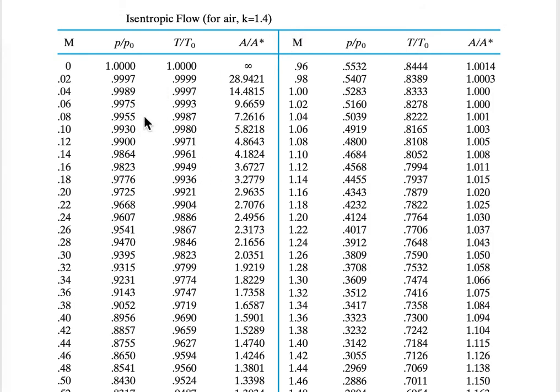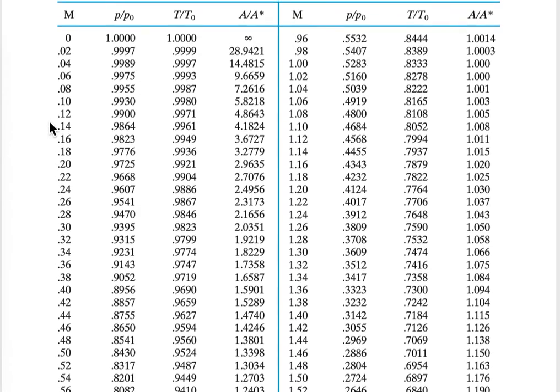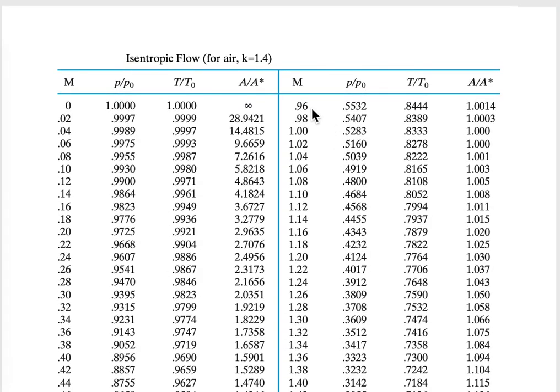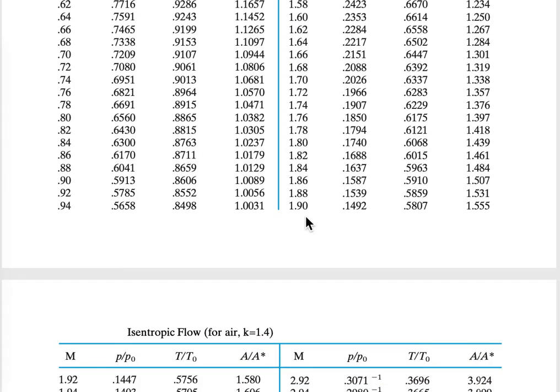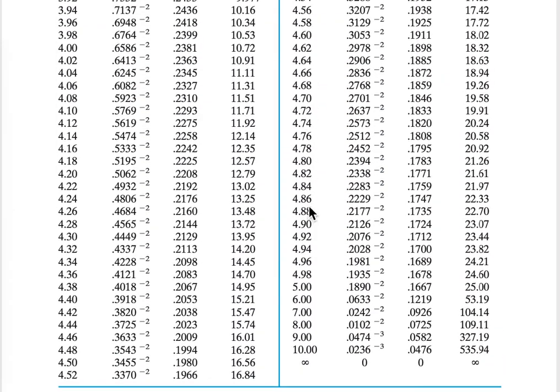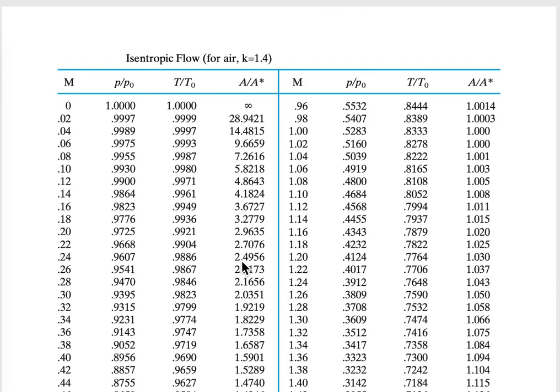Please be careful when you use the table here. I will show you later on how to use the table for our calculation. It starts from M equal to 0 here, and then it continues 0 to 0.94 and starts 0.96. Then we have 1.9 here, continue 1.9 to 2.9, and finally the largest Mach number is equal to 10 here. Because we are dealing with very high speed, it might be around